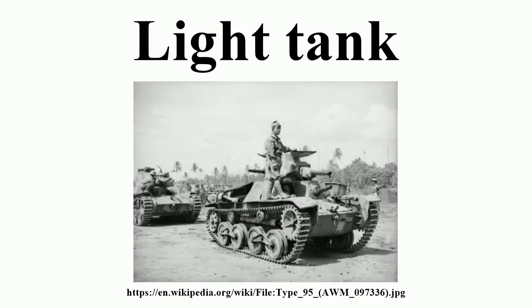Interwar, the Carden-Loyd tanket and its derivatives were adopted by several nations as small tracked vehicles carrying a machine gun for armament. In 1928, the British firm of Vickers Armstrong started promoting another design by John Carden and Vivian Lloyd as the 6-ton tank. Although rejected by the British Army, it was bought by a large number of nations in small numbers. It formed the basis of the Soviet T-26 and the Polish 7TP tank and influenced the Italian Fiat